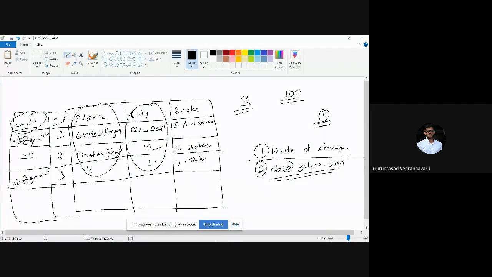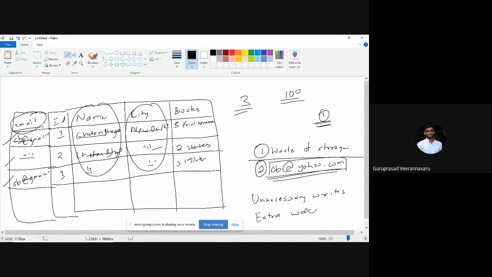So now what will I have to do? I have to go to all these rows, and then change the email ID, right? So, unnecessary writes. I know only one piece of information has changed. What has changed? The email ID of Chetan Bhagat. But even though only one piece of information has changed, I have to go and update it in a lot of places. So again, this is extra work,